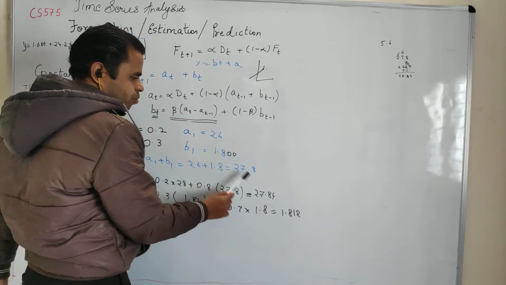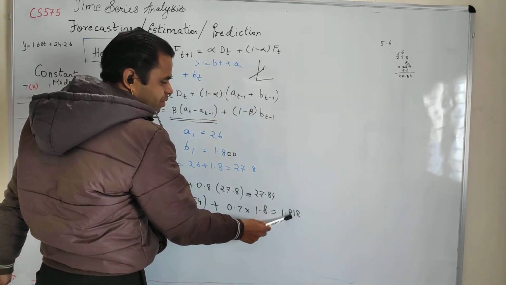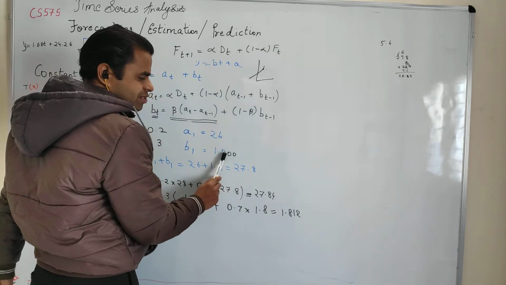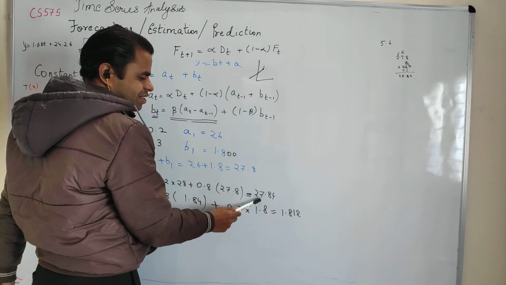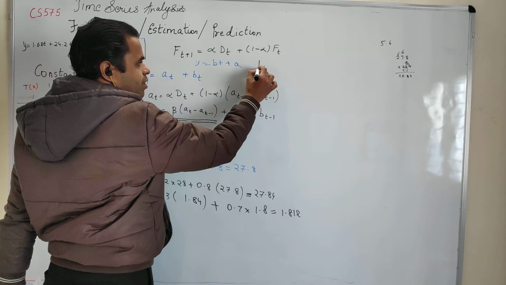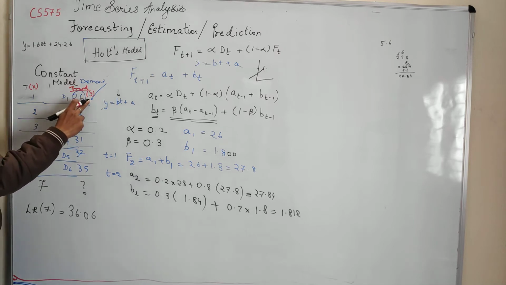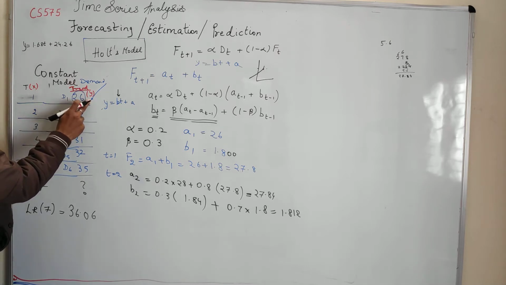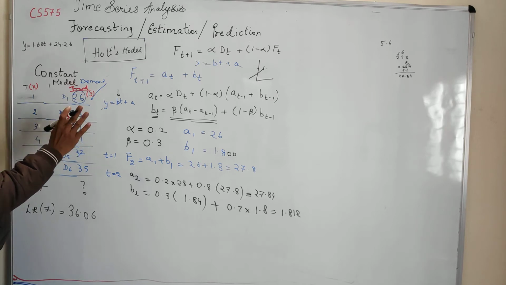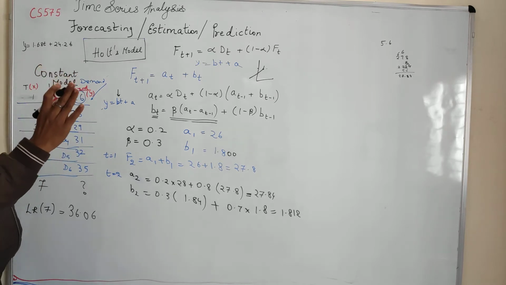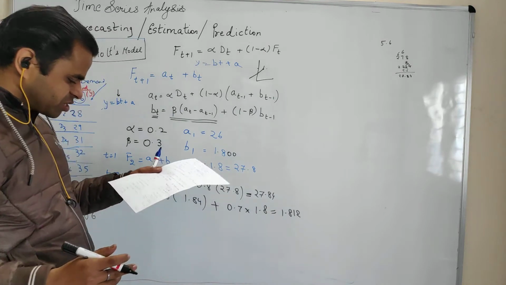So basically it will be something from this point, the slope will slightly increase, right? Because the B was 1.8 to 1.81, right? This is a bigger angle than this. This is a bigger intercept than this, right? 27.84 is a larger intercept, and which makes sense also, right? Because if you see, from 26 to 28 and from 28 to 29, we are progressing, right? So since we are progressing, the slope actually should increase.